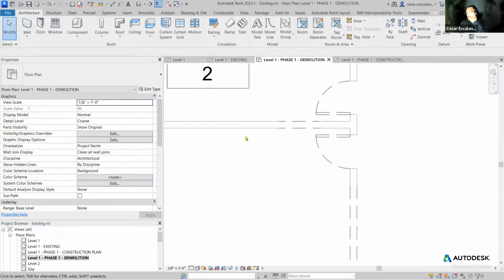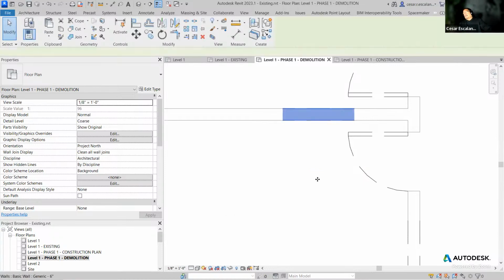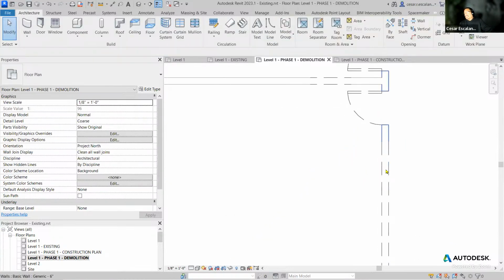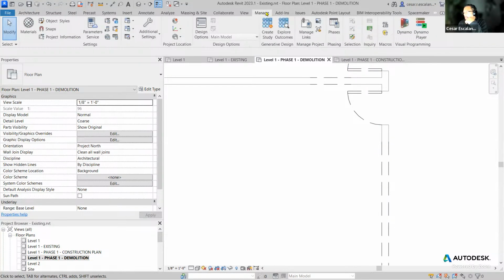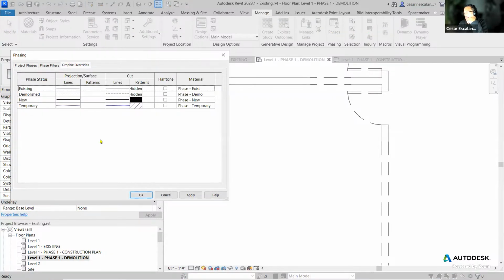Somebody asked me a long time ago, okay, but in the demolition plan, I really want to see the lines here. Let me see if I recall. There's a trick to do that, and it has to do with the overrides. So if I want to have those horizontals there, you go into the Manage tab, Phases. Then you go to Graphic Overrides. And for the demolished